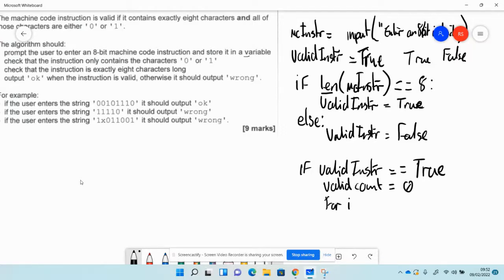I'm using I, because I often do, for I in the range, and we want to go 0 to 8 because that's our range of numbers to check. And then I'm just going to say inside here, if MC instruction at position I is equivalent to 0